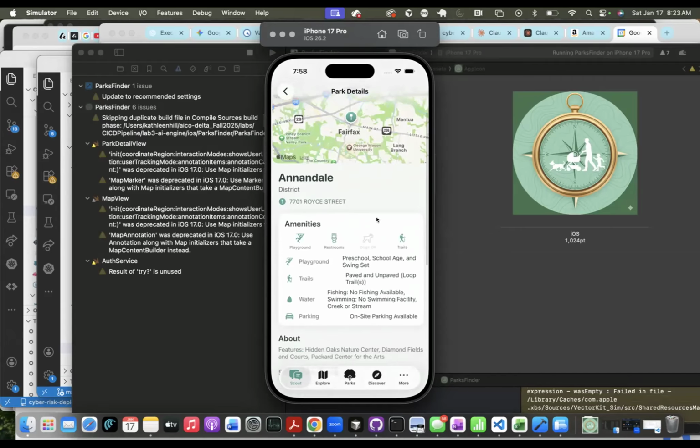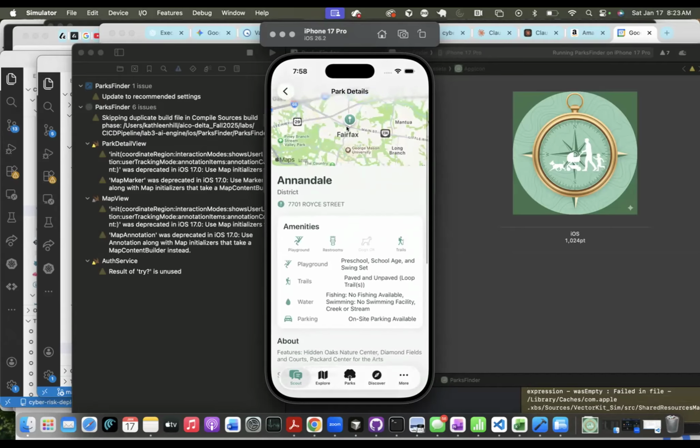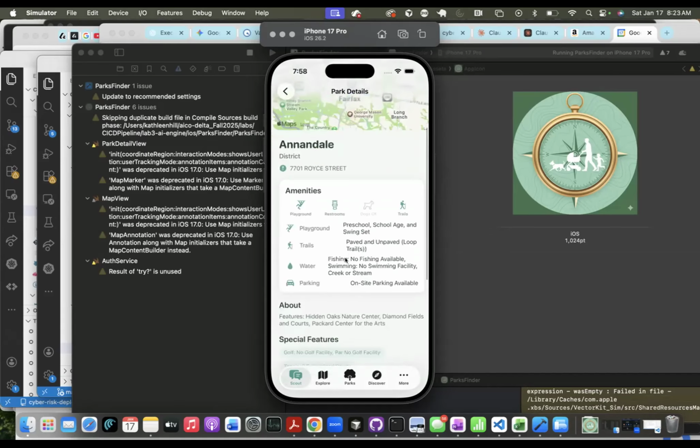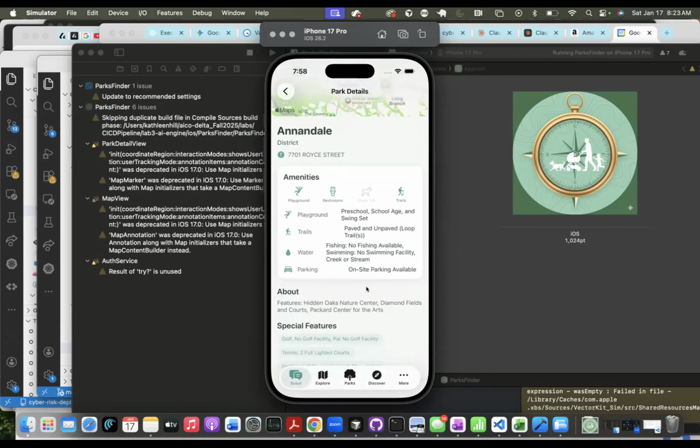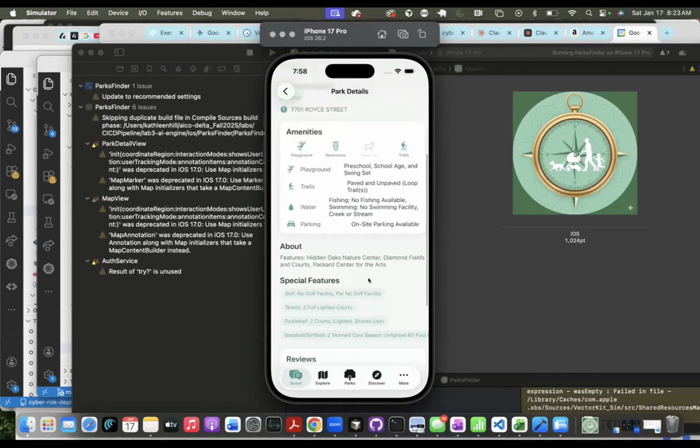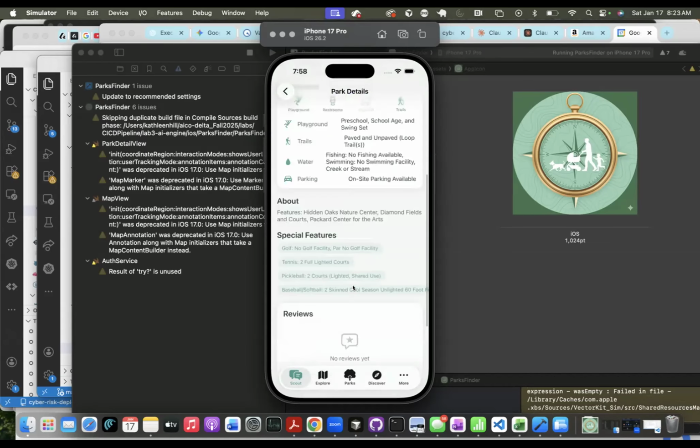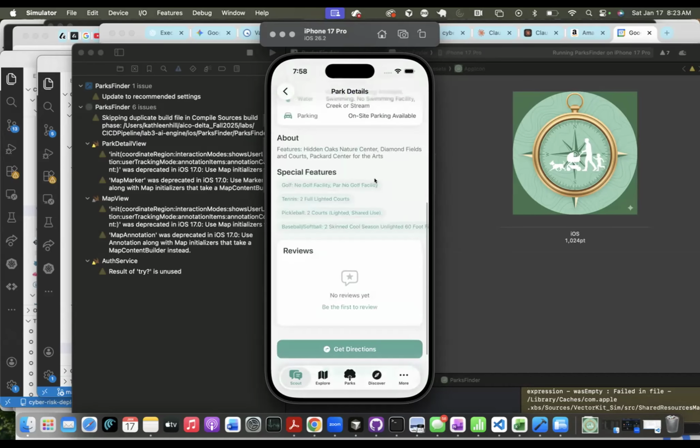And so it's got a map interface, although a lot of them I'm still working on. It has the address right here, but all of them are populating on one spot in Fairfax. So I did geocoding for them, but it looks like on this interface that's not actually working. On the main map it is, but it's got the information about special features. And one thing it'd be great for this to have is, features, Hidden Oaks Nature Center right there. I would probably want it to expand on that in here.